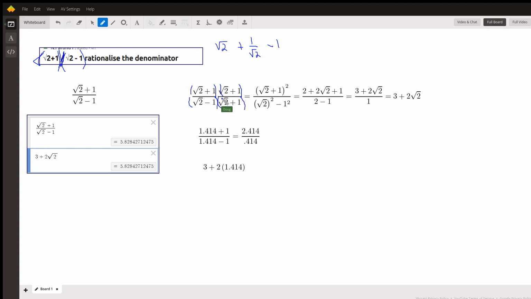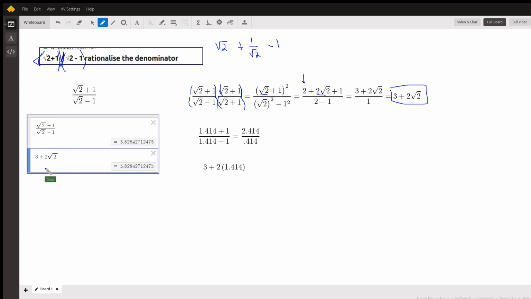So in the numerator, we have square root of 2 plus 1, the quantity squared. And the denominator, we multiply these two together, get a difference of squares. Square root of 2 squared minus 1 squared, 2 minus 1. When you square a binomial, square the first term. That's what this is. Double the product of the two terms. Square the second term. Okay, and that becomes 3 plus 2 radical 2 over 1, or there's the rationalized form